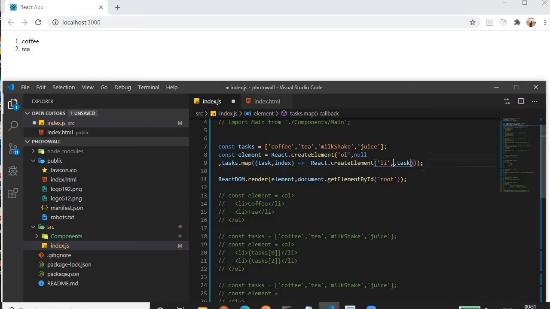If we are not providing, you have to write null. Then for each li, we have to provide the content for the li element. This is the content. So in this way, we won't have to repeat the li element again and again. It will be done by the array.